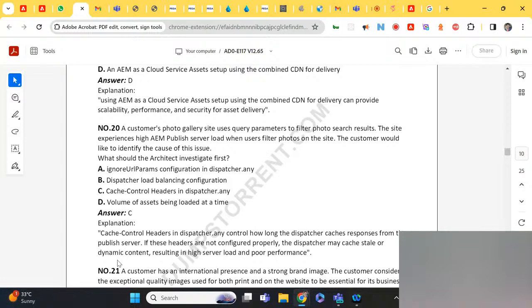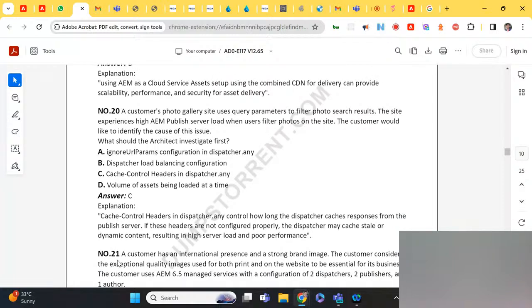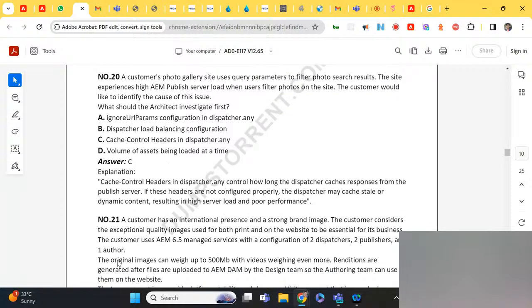A customer has an international presence and strong brand image. The customer considers exceptional quality images, used for both print and on the website, to be essential for its business. The customer uses 6.5 managed services with a configuration of 2 dispatchers, 2 publishers, and 1 author. The original images can weigh up to 500 MB, with videos weighing